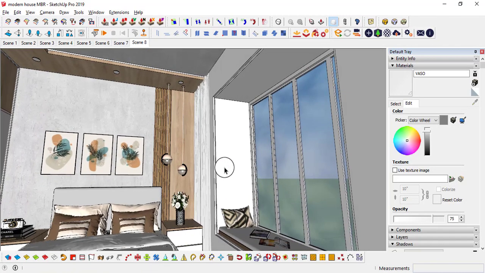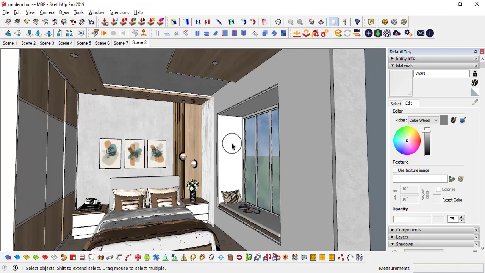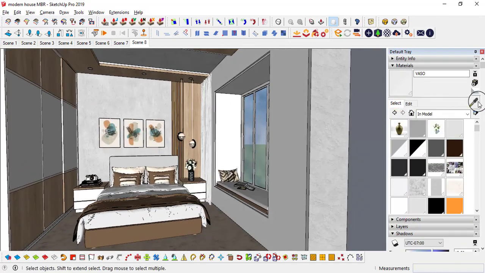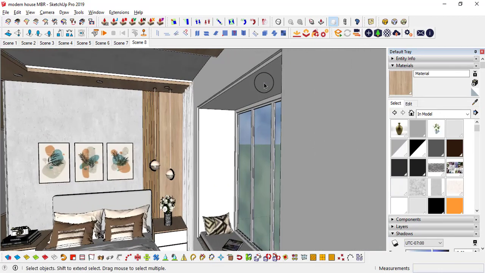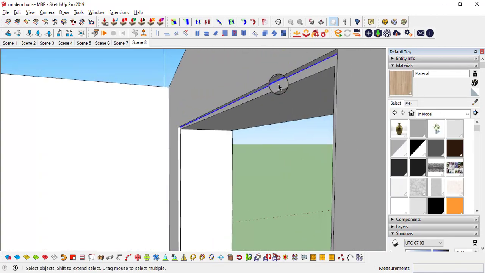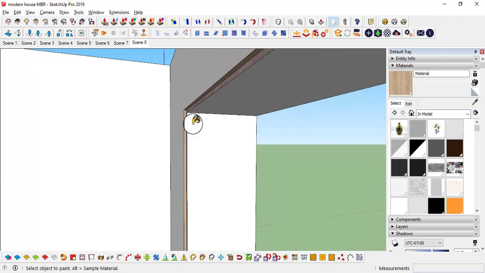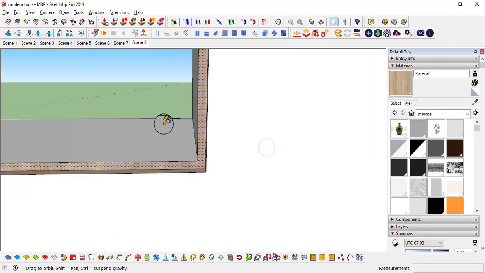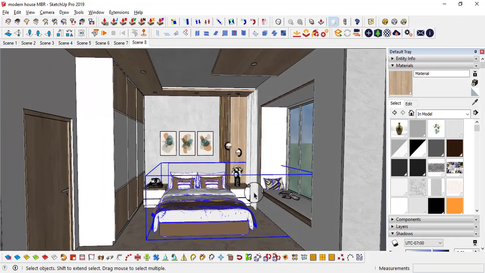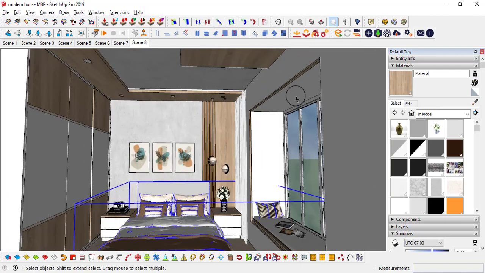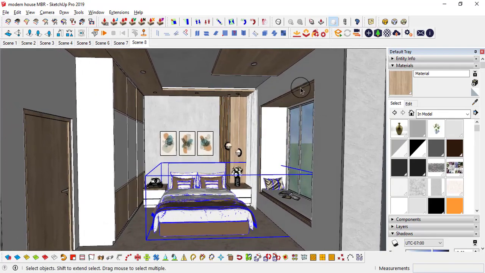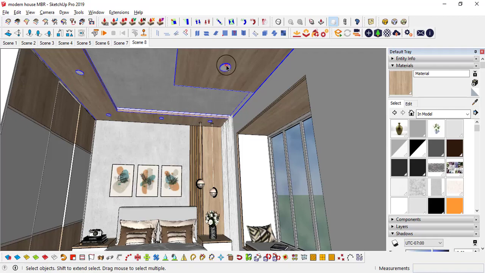While working on it, I got a new idea. I am going to apply this wood material on these edges. See why I did that? Like in this direction we have a combination of wood and white. Only plain white is visible over here. That is why I just added a wood material over here. And I am going to apply the same wood texture over here. See? And in a similar way I am going to add the same.